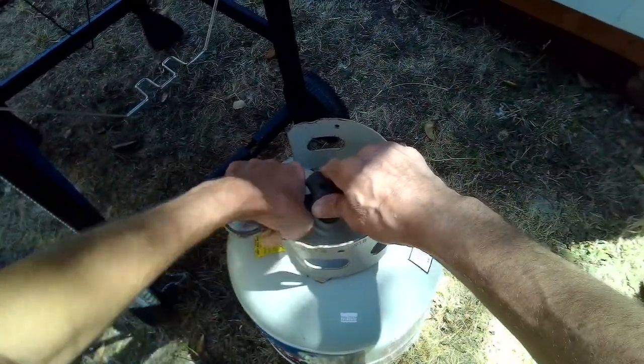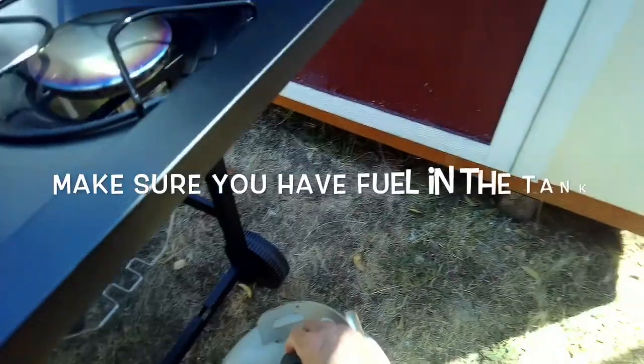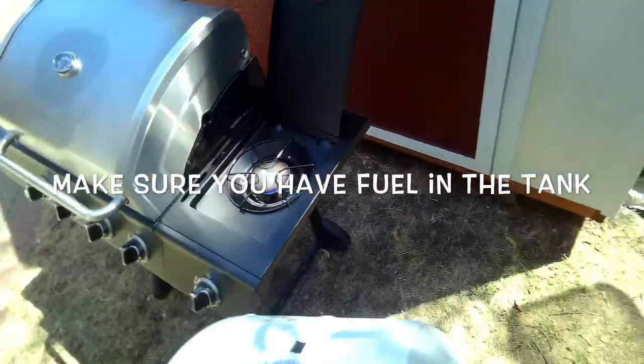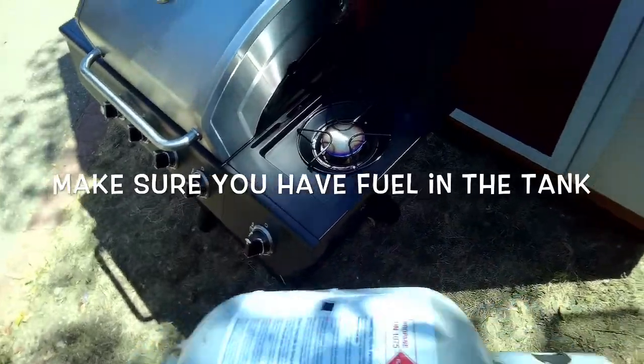A more primitive way is to make sure you have it off. You take this one off. If you pick it up, it should be somewhat heavy, and if you grab it and wiggle it back and forth, you should be able to feel a liquid moving around in there. That's the liquid